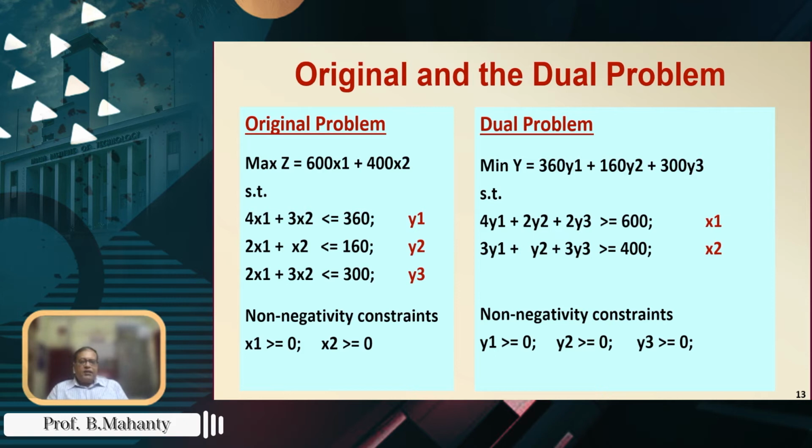That is what we are seeing. And similarly, you will see that the non-negativity constraints of the primal problem or the original problem are connected to the constraints of the dual. In fact, for the time being, if you assume that x1 and x2 are the dual variables